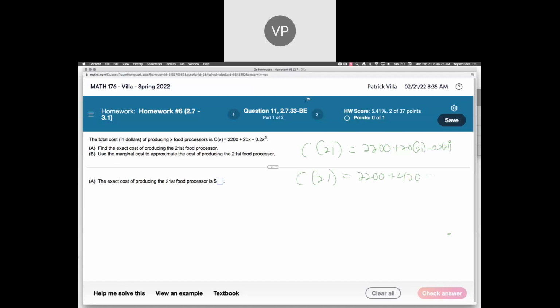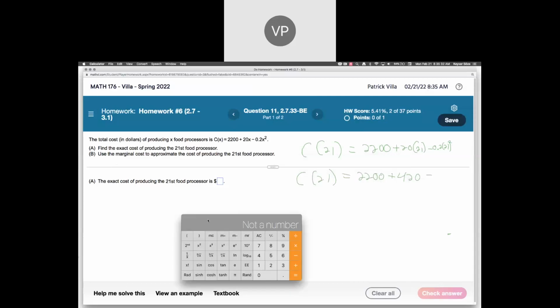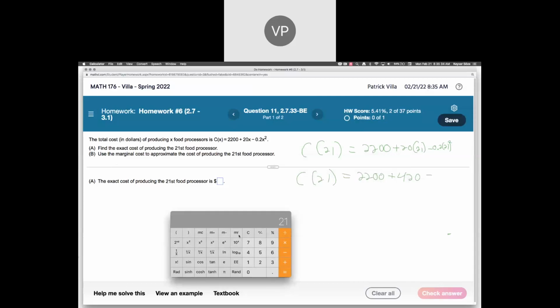In this case, where's my calculator? Right over here. So I'm going to take the 21 squared, 441, times that by 0.2. So I get a negative 88.2. So keep going on this one. We're going to add the 420. We're going to add the 2200. And we get